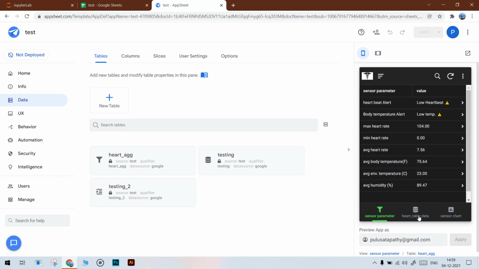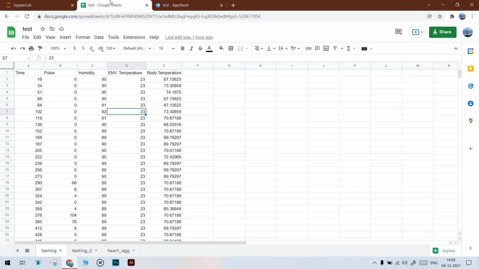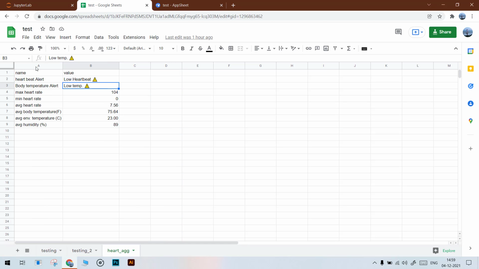Other things are maximum heart rate, minimum heart rate, average heart rate, then average body temperature, environment temperature, and humidity. All these values are being calculated from our collected data in our Python script, and saved in this Google Sheet also.